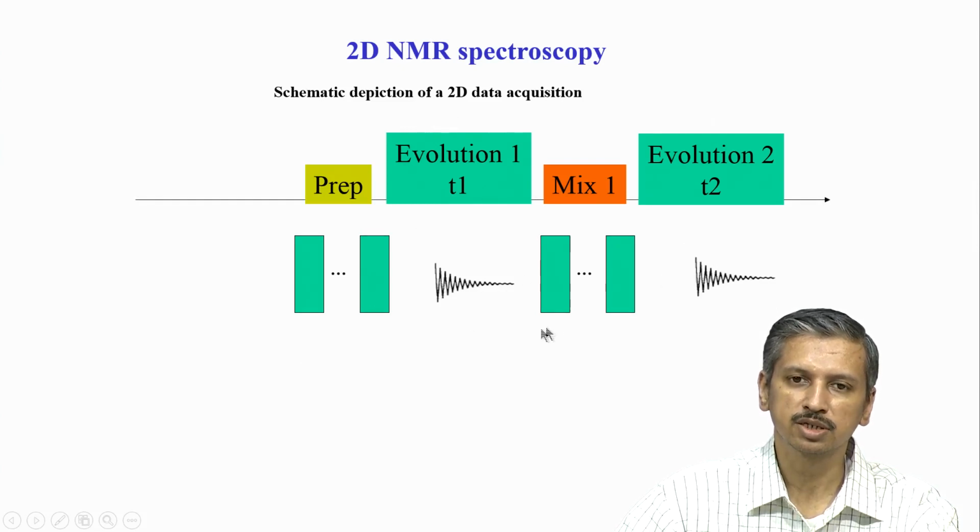How the experiment is conducted is basically this: you record one point, you evolve the magnetization during t1 for a single point, and after that you apply the mixing pulse, then you detect the full signal. Then you go back to the preparation period, wait for the equilibration, apply the pulse, and go for a second point. That means you evolve it for 2 points. Initially it was point 0, now it is 0 and 1, and then again you apply the mixing pulse and take the full FID.